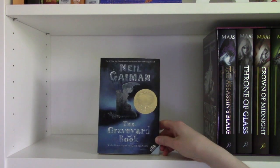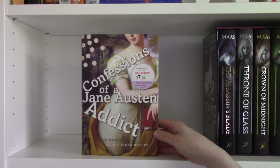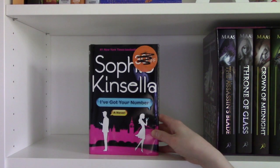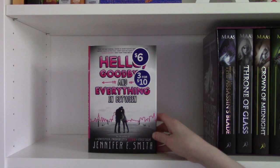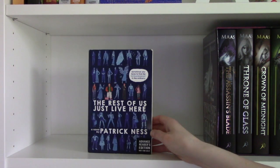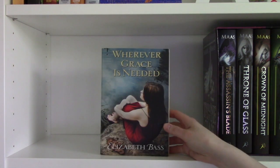Bunce, The Graveyard Book by Neil Gaiman, Becoming by Michelle Obama, Confessions of a Jane Austen Addict by Lori Vera Rigler, Eleanor and Park by Rainbow Rowell, I've Got Your Number by Sophie Kinsella, Alex Approximately by Jen Bennett, Hello, Goodbye, and Everything in Between by Jennifer E. Smith, The Rest of Us Just Live Here by Patrick Ness, Through to You by Lauren Barnholt, Wherever Grace is